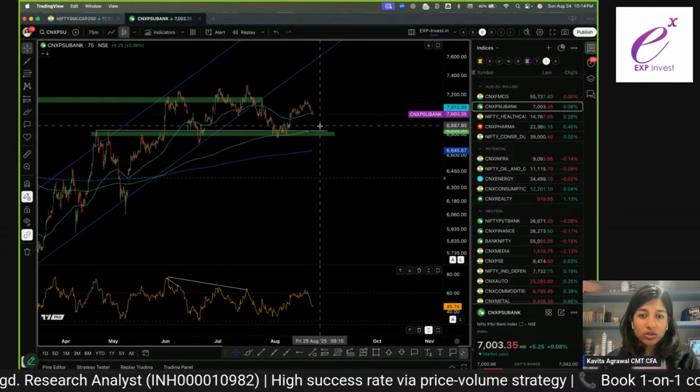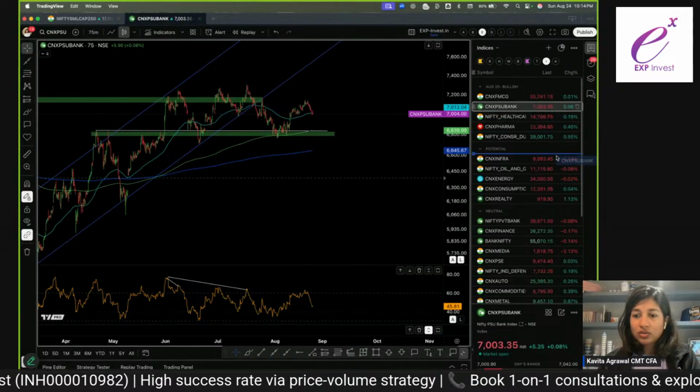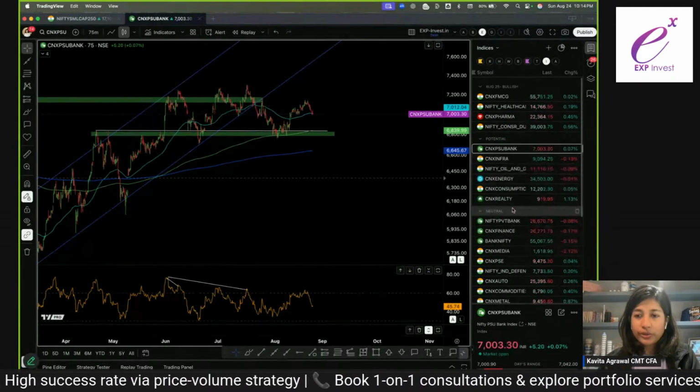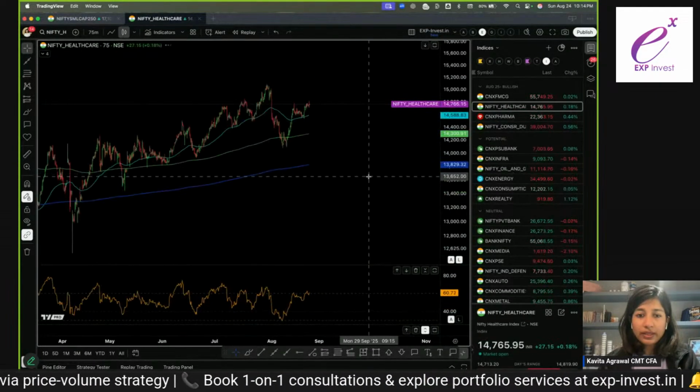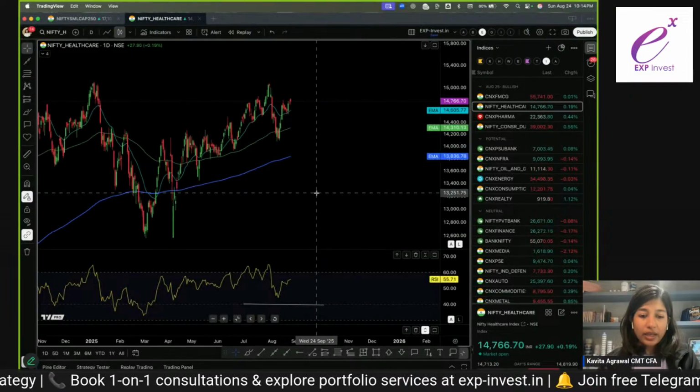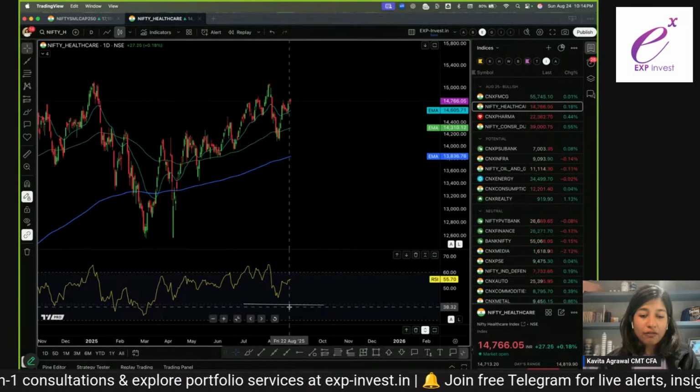So I would want to see some correction back here. So I'm going to move it to potential, not to neutral. Next is healthcare. So in healthcare, I can see on the daily we have a positive range